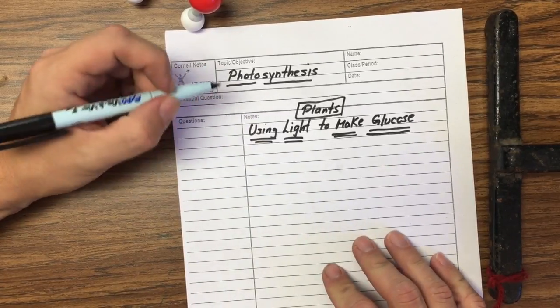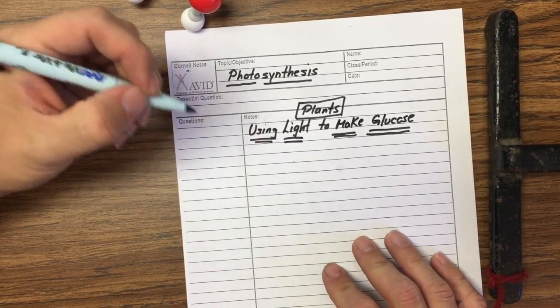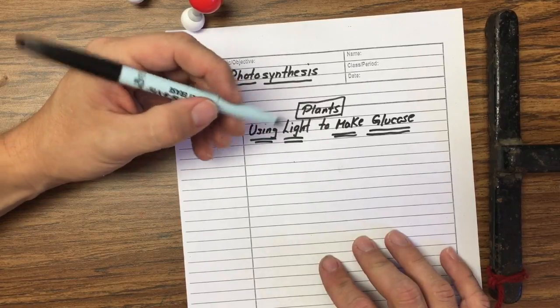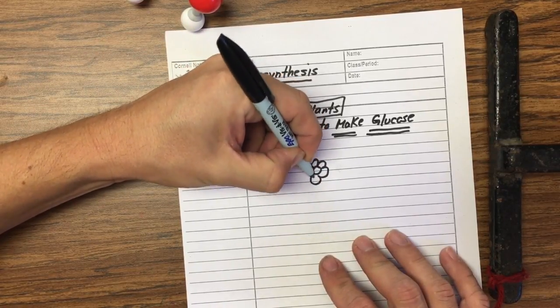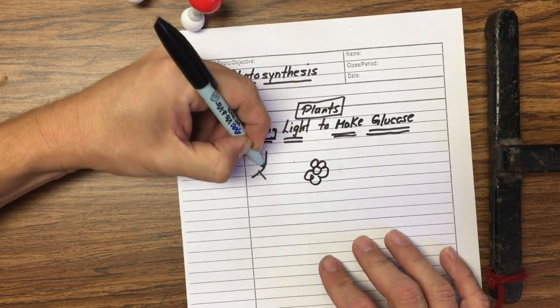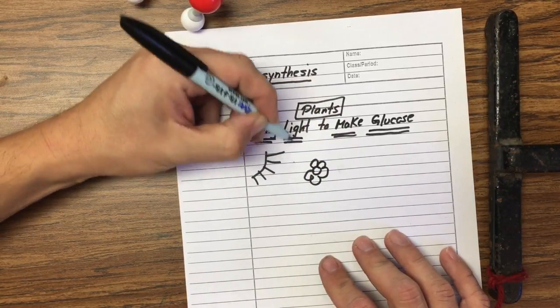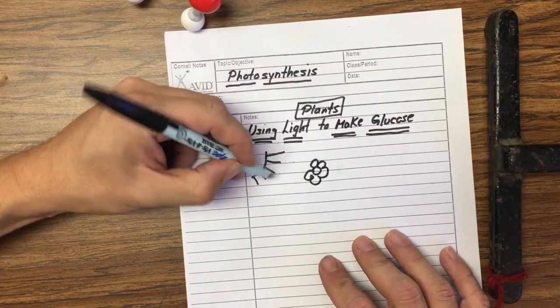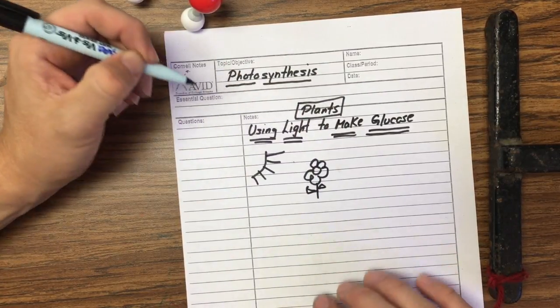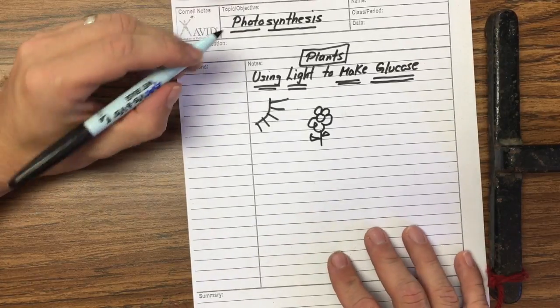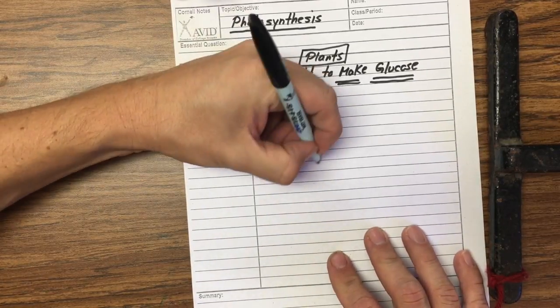And so now, what does this process look like? The first thing that you're going to need is, remember, here's a plant, all right? And you guys know plants need sunlight. Why? Because they're going to need it for energy, so that they can make their glucose. So now, once the plant has light,